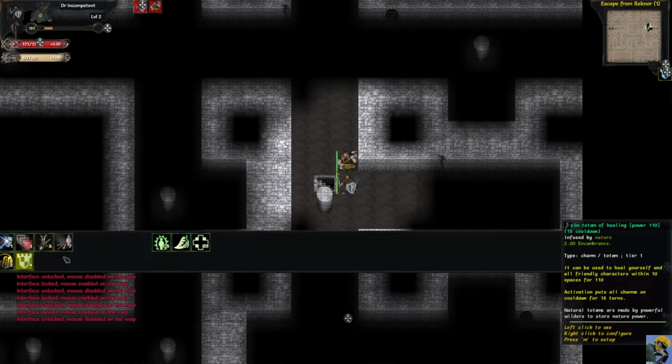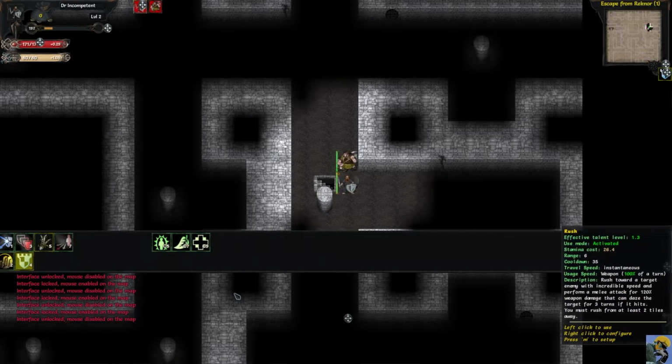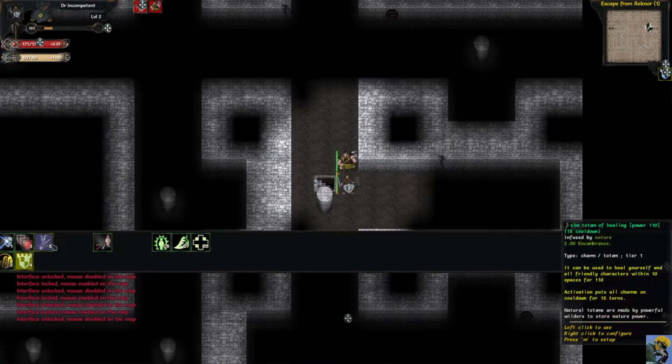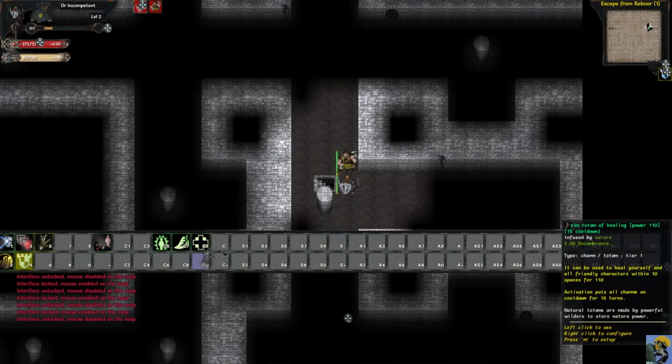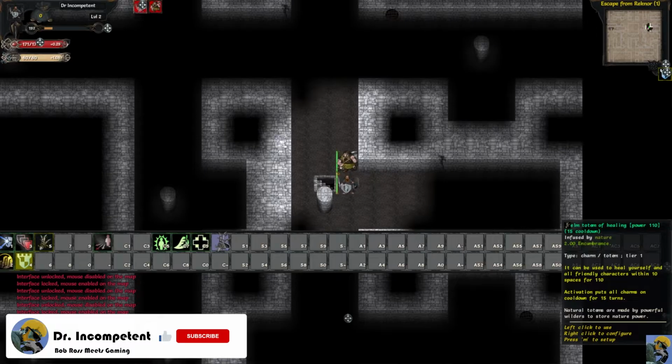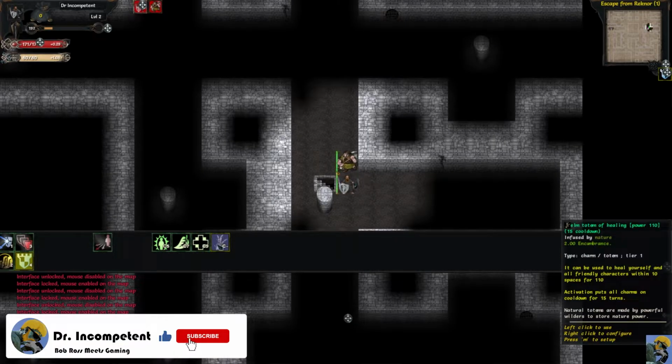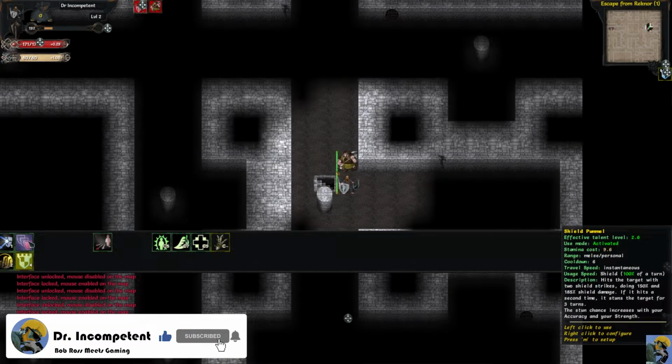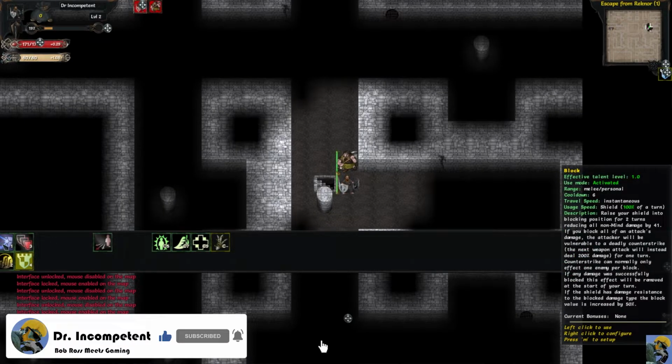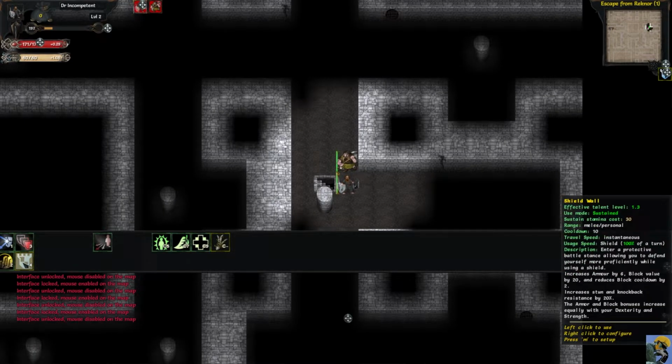You know what? Here's what I'm going to do. I'm going to run with this, okay? This is hilarious. I'm going to say, okay, so this is my charge ability. This is an attack ability. This is my totem of healing power. It really has no business in that section, so I'm going to put it over here with my infusions as a heal. And then these are the kind of main abilities I'm using, block and